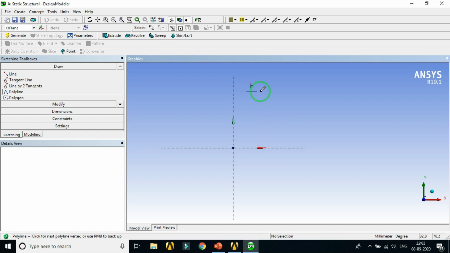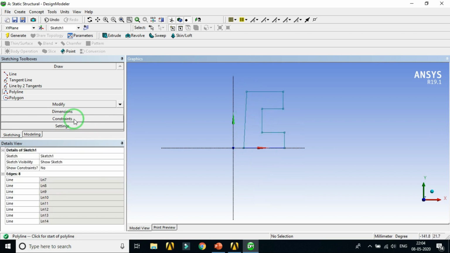So here first point, second point, third point, fourth. Ensure that the V and C symbols appear before clicking. Then right click and close it.